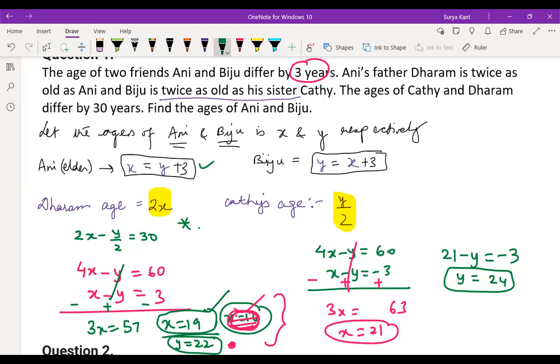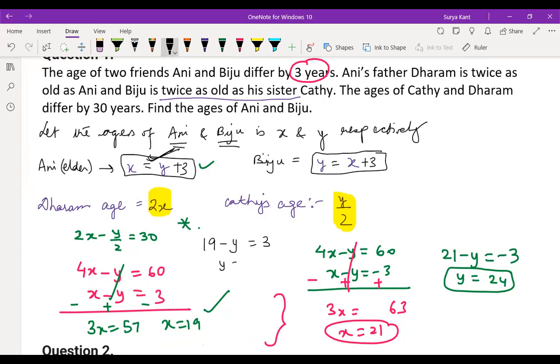See, children, here in the question, if you see, this should be 19 only. x is 19 is coming, right? How will x come 19 over here? Check. 19 minus y is equal to 3, so y is equal to 19 minus 3, which is 16 only. You are not observing this over here. So y is equal to 16. Understood or not? It's clear. We are just making a small mistake over here. That's it. Shall we move ahead? Is it clear to everyone? Yes, sir. It took a long time for one small mistake.